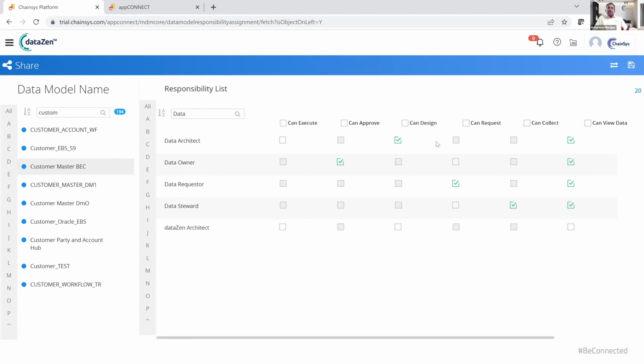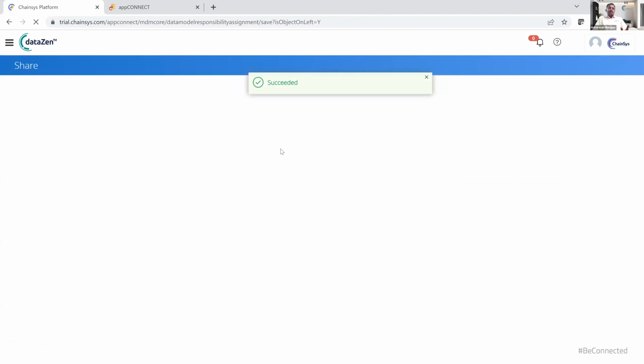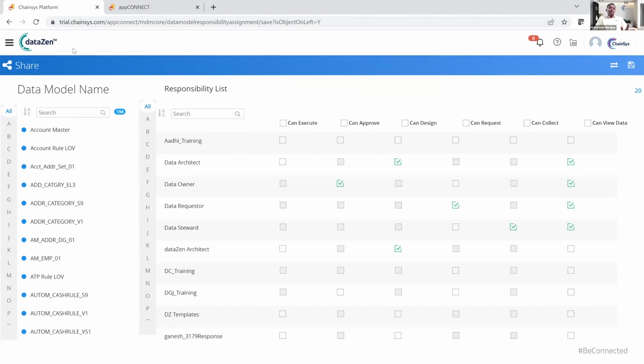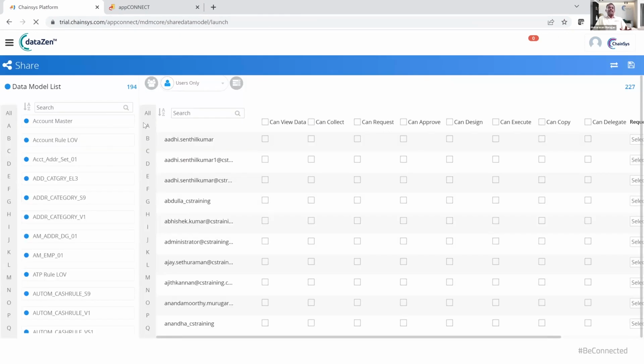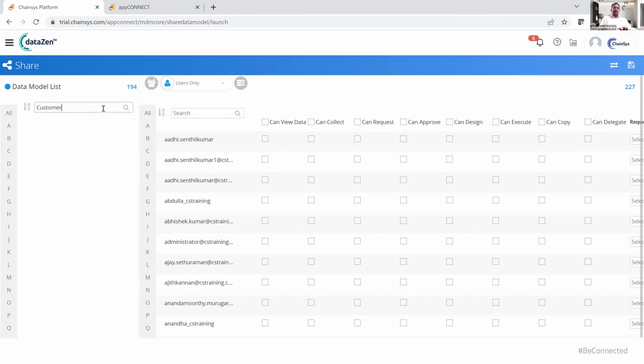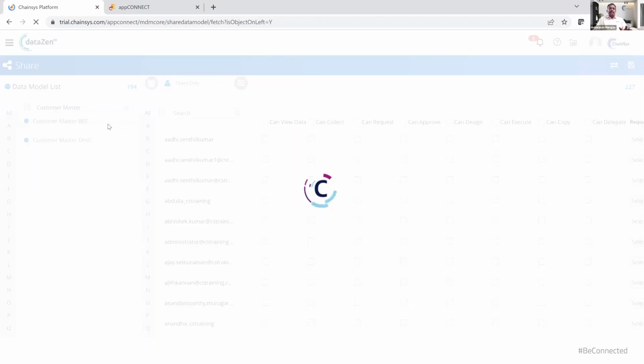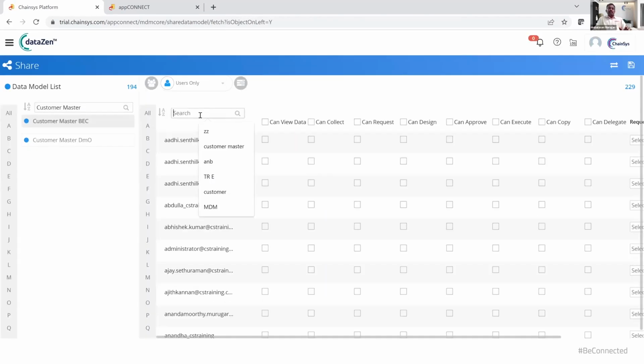So the data architect, I'm going to keep that user also as a request user. That's it. So last but not least, I'm going to release this particular data model into the users' data model sharing. So let's go and find out the data model one more time. Customer master, BEC is there. And let's take a look at the dataZen architect,